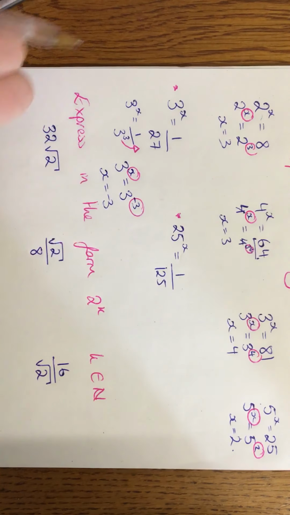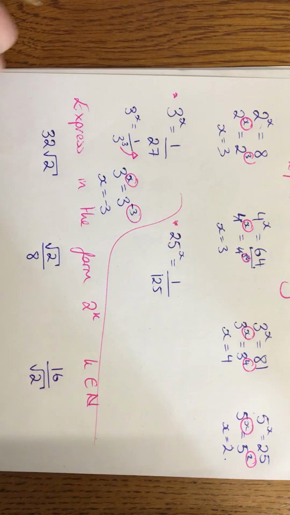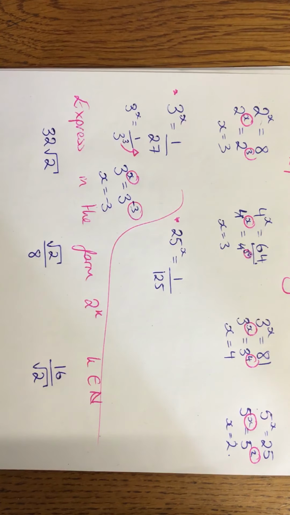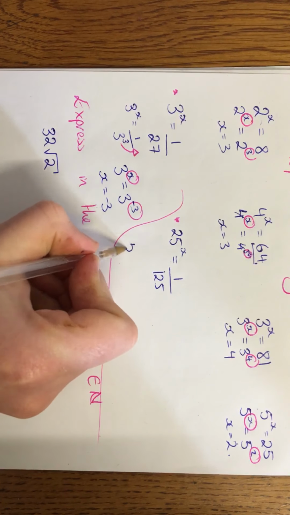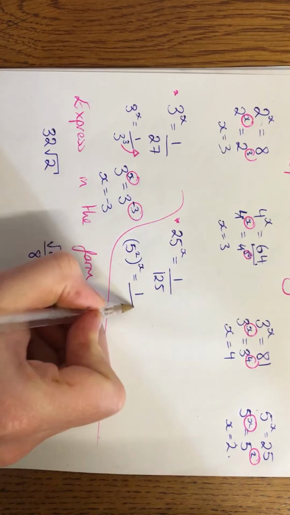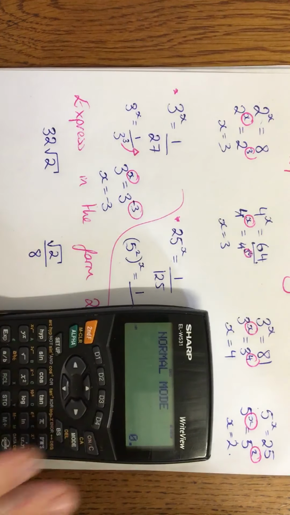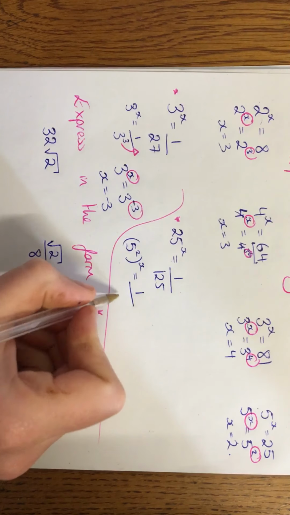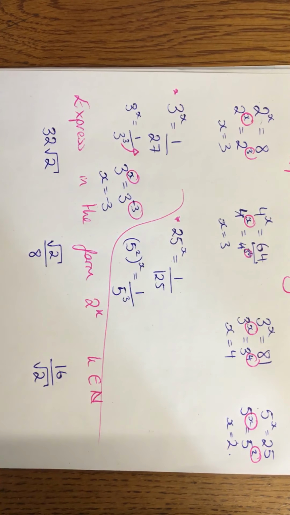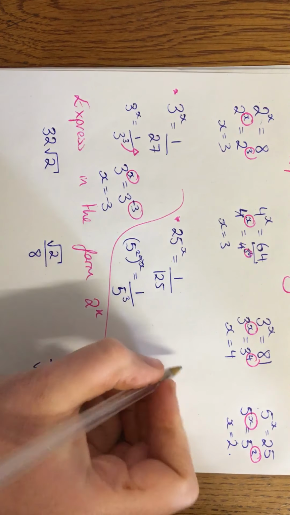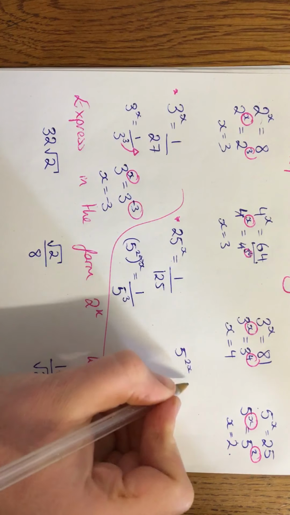X equals minus 3. Okay, and the last one of these now. So I have 25 to the x is equal to 1 over 125. Well, I can see straight away anyway, 5 is going to be my base number. So you have 5 squared to the power of x equals 1 over 5 cubed, that gives me 125. Now, remember our rules, a power to a power, you multiply them. So I have 5 to the power of 2x equals